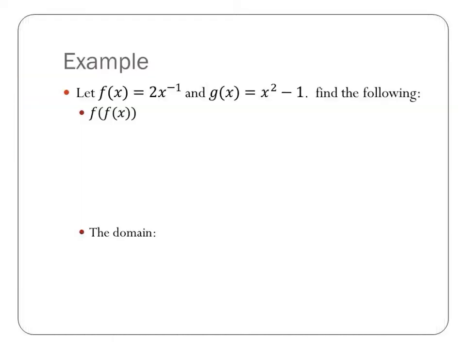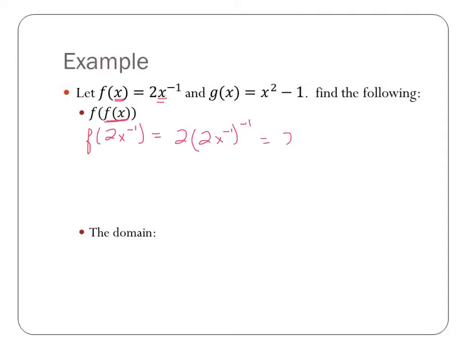All right, so first of all, composition of functions. When you have a function of a function, we're going to start out with f of f. So in this case, you are composing the same function. Remember, you always replace this one first, so f of 2x to the negative first, and then I'm going to evaluate f, and every time I see an x, I'm going to put in a 2x to the negative first. So this becomes 2 times 2x to the negative first,